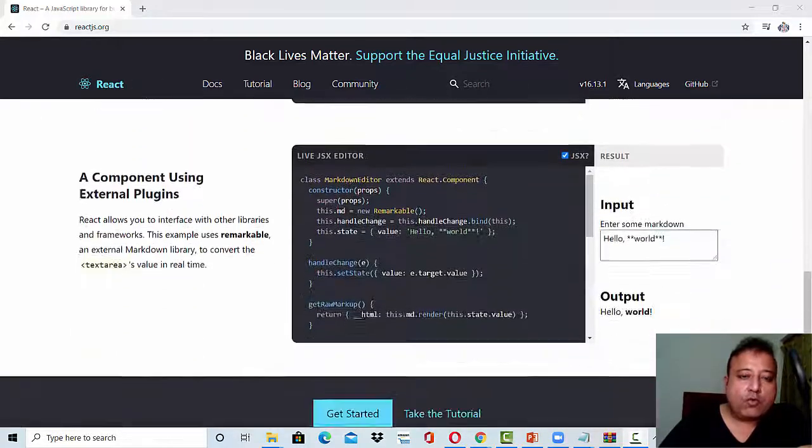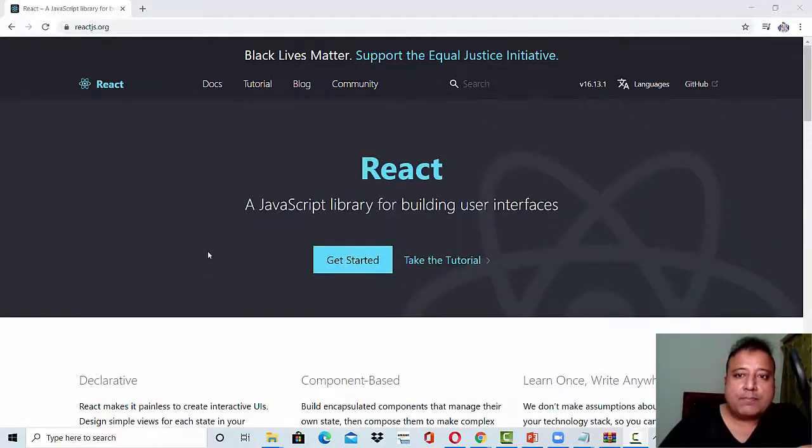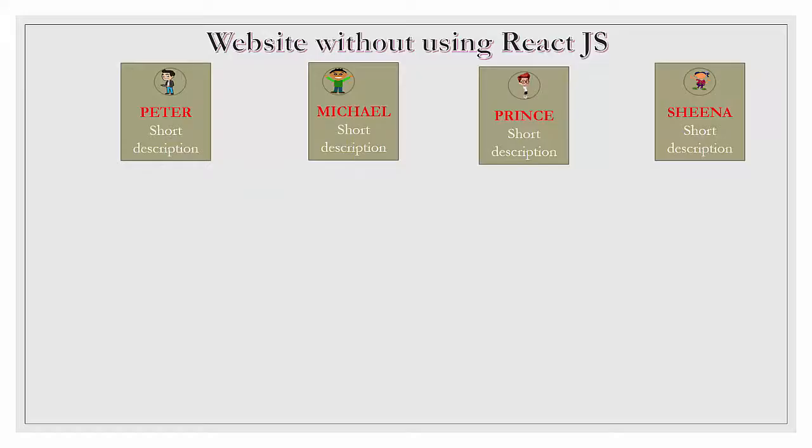So if you see the overall page, your page is completely a collection of several components. So here is the importance of implementing React.js in your web application. Is it clear? Okay, in front of your screen now you can see a small demonstration about a website where